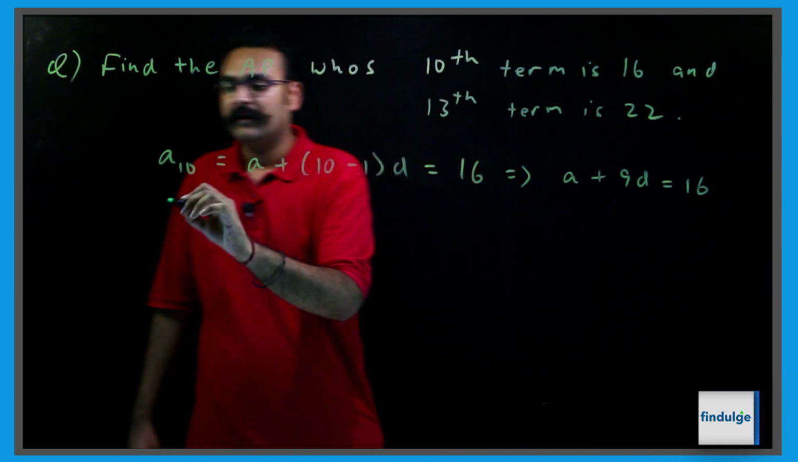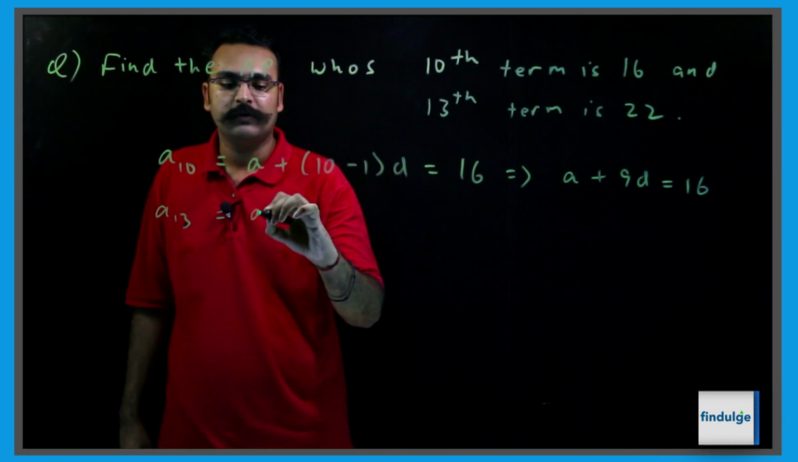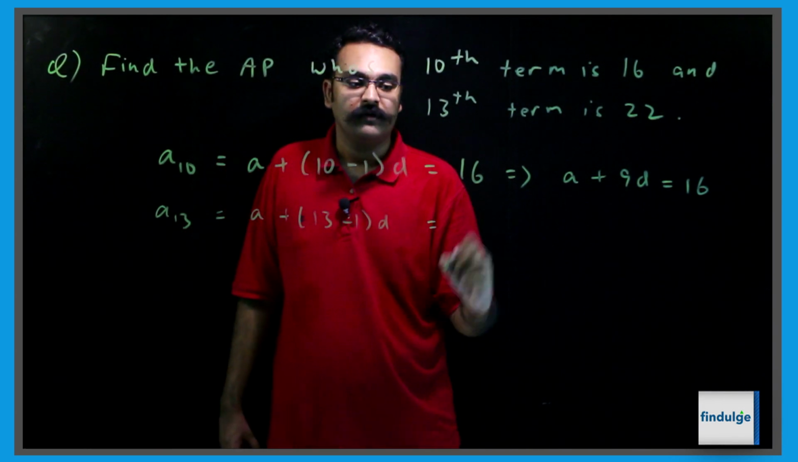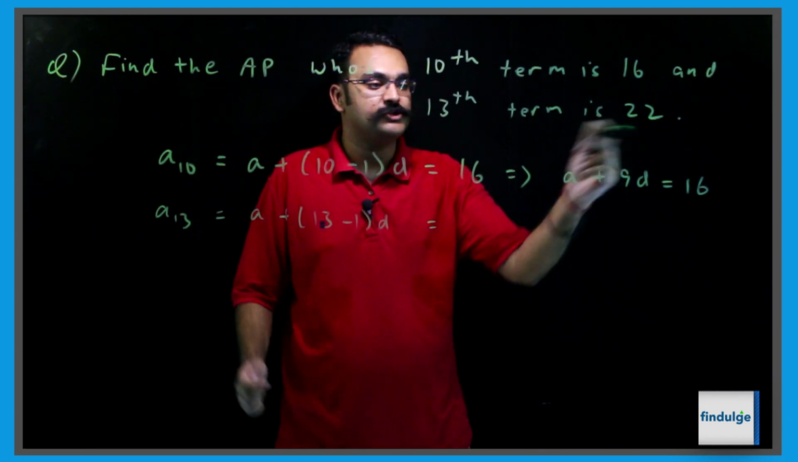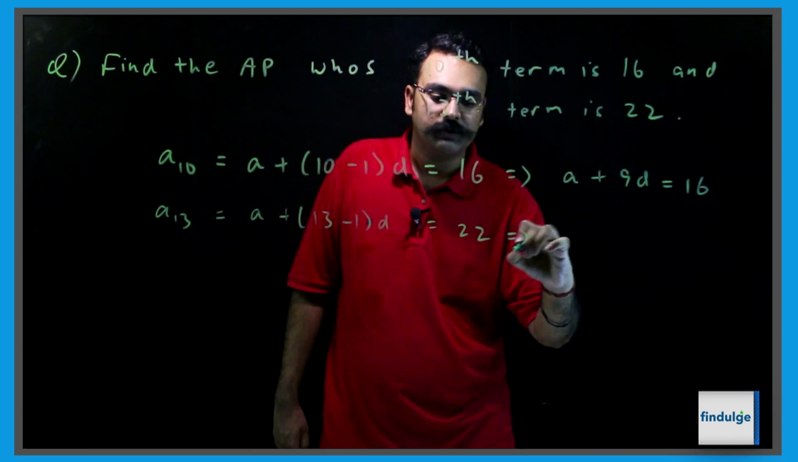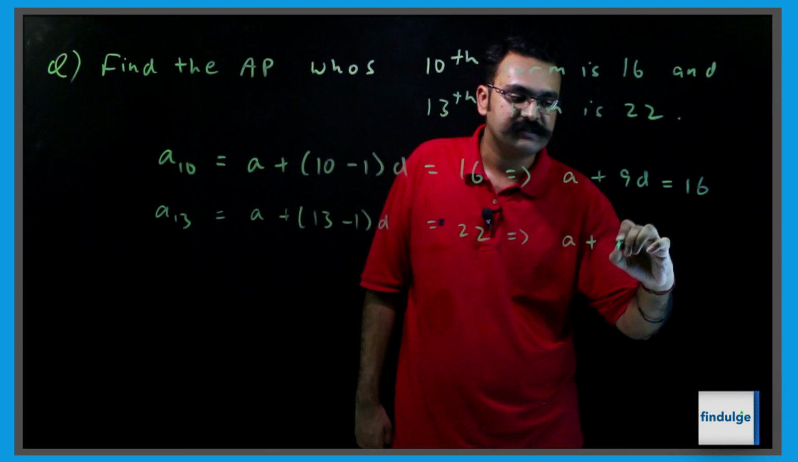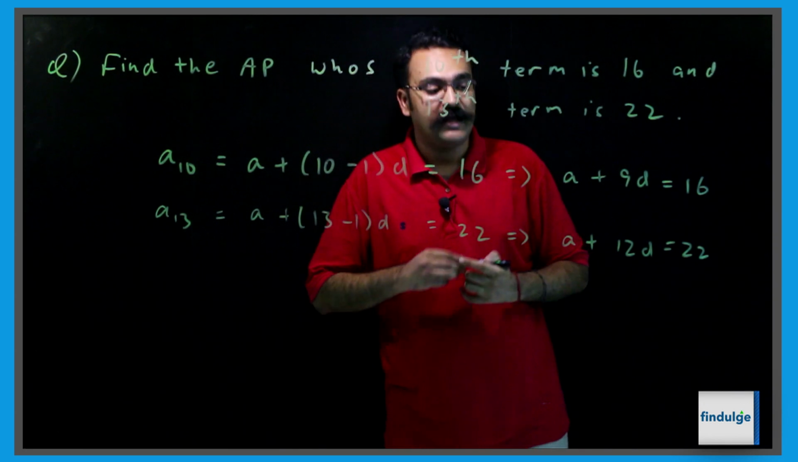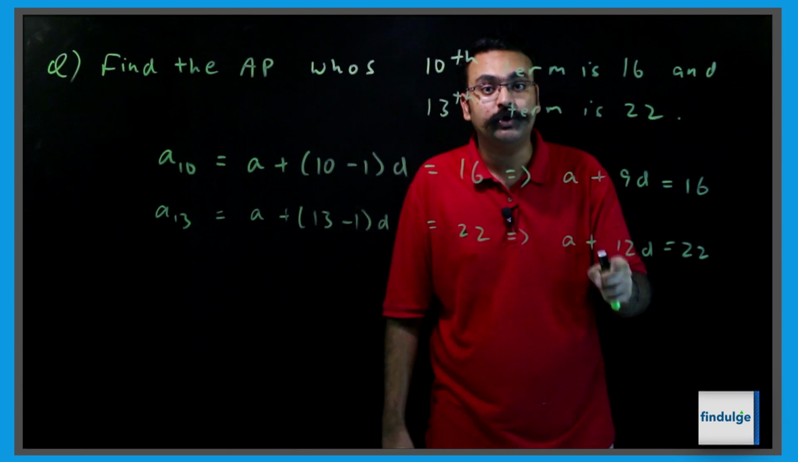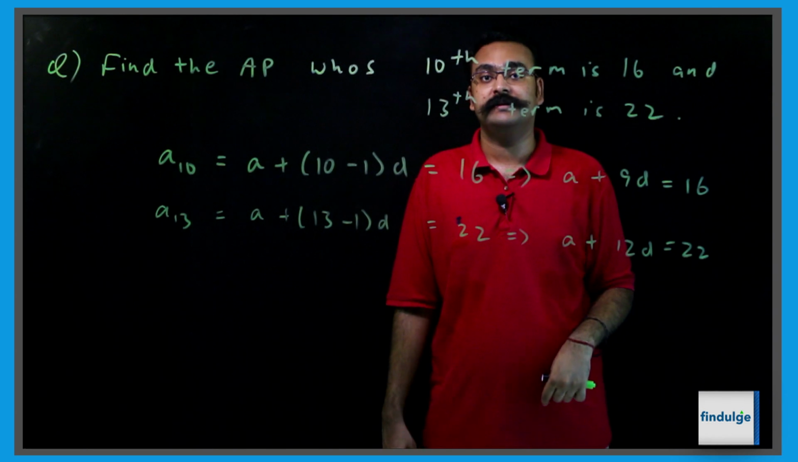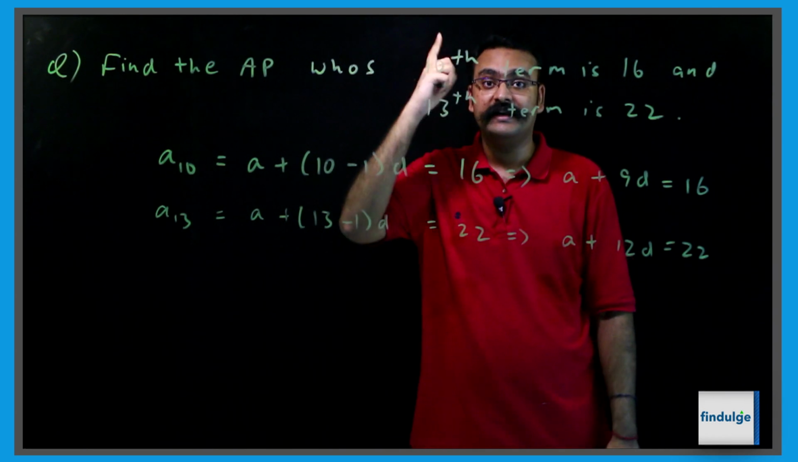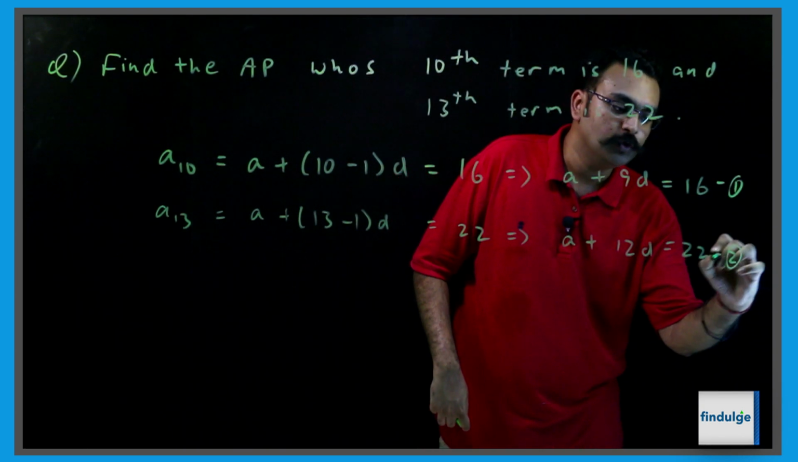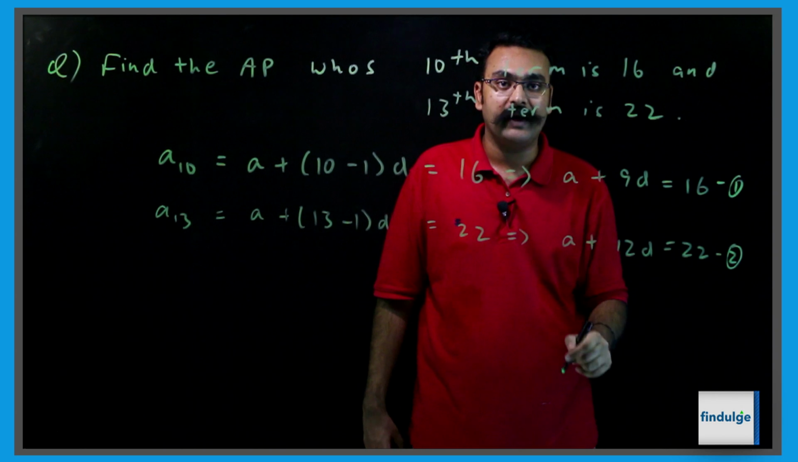And similarly, A13 is equal to A plus 13 minus 1 into D. 13 we know, A13 is 22. So this means that A plus 12D is equal to 22. Now if you carefully observe, these are two linear equations in two variables. We can solve it using linear equation methods. So I am going to say, let this be 1, this be 2. If I do 2 minus 1,